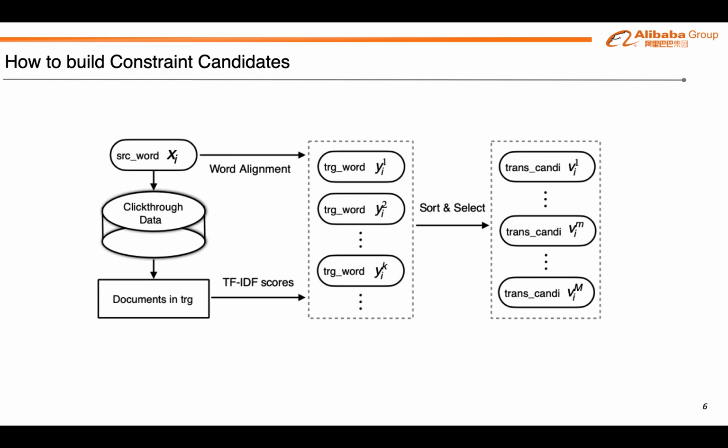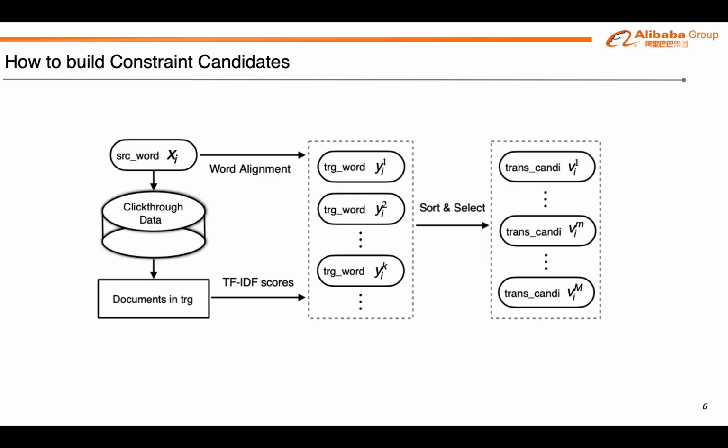Users across the world issue multilingual queries to the search engines of our website every day, which form large-scale cross-lingual click-through data. Intuitively, when a recalled item leads the user to click details and even make a purchase, we attribute the target tokens in terms as satisfying the expectation of users. With the help of such an automatic and low-cost quality estimation approach, our model can acquire high-quality in-domain translation candidates derived from documents and user behaviors.